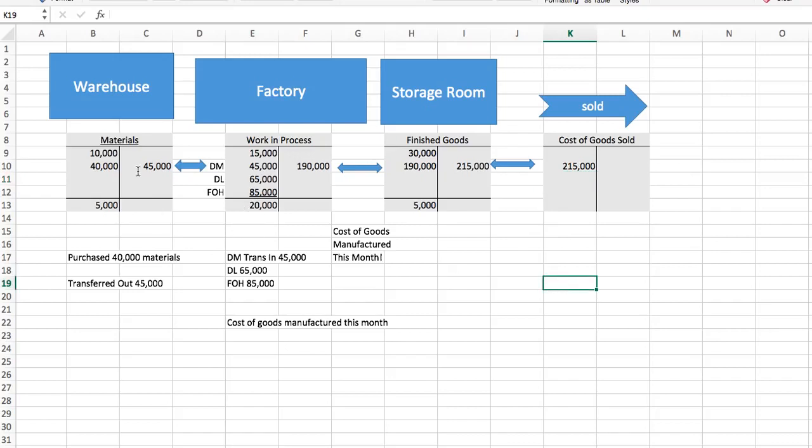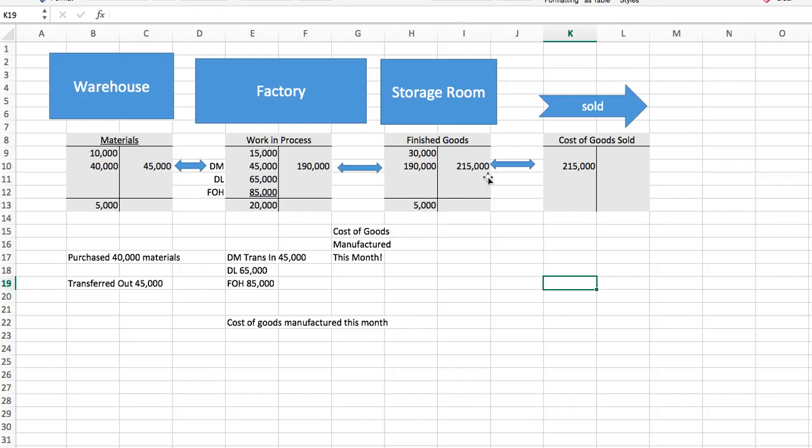So with these beginning inventories and ending inventories given to us, then we can figure out how many items were transferred over to the next building. And then, of course, they gave us direct labor and factory overhead for us to figure out that $190,000 worth were actually manufactured this month. That is the cost of goods manufactured this month. And then you would take your finished goods beginning inventory plus what we created this month minus our ending inventory would give us